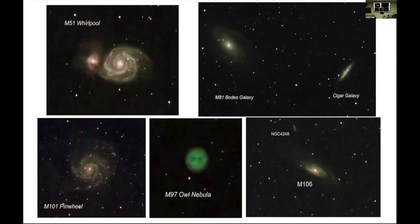Now, you won't see color in a telescope. It's going to be black and white. And the reason for that, and that reminds me, when you're looking in a telescope at a particularly dim object, or even a not so dim object, to tell you the truth, unless it's the moon or Jupiter, something really pretty bright like that, you want to use averted vision. You can look at it if you want, but you're going to see it better if you just look off to the side. And the reason for that is that when you're looking at these dim objects in the telescope, you're using your